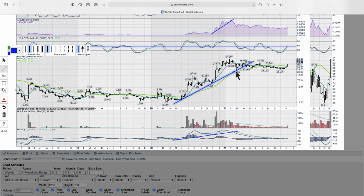You want something better than that. So this trend line is going to be a help for me, but it still would have got me out, I'll call it mid-February. This relative strength line would have got me out early February. So I think if you're